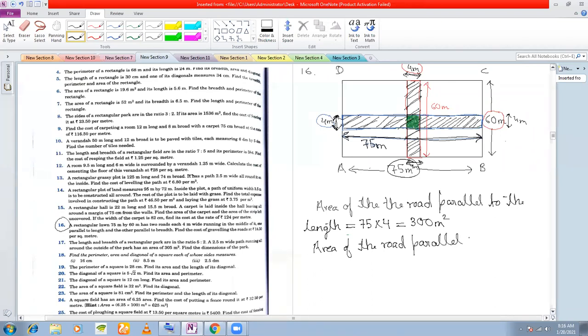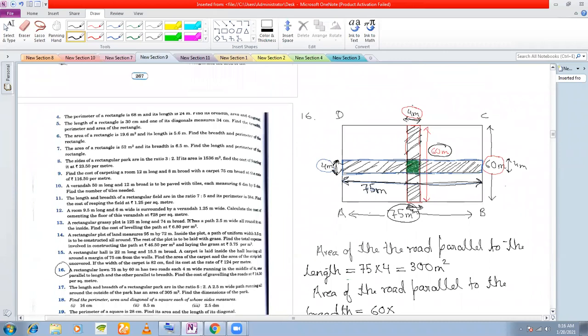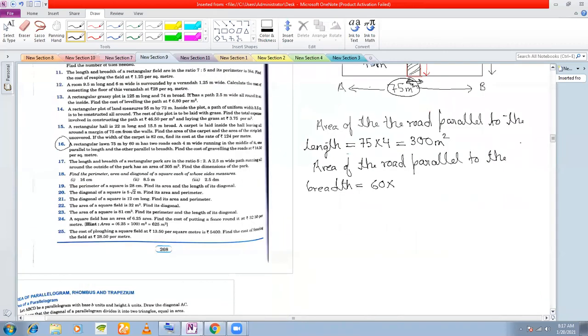Area of the road parallel to the breadth. Now we are talking about this red rectangle, vertical rectangle. What is the length here? Length here is 60. And what is the breadth here? Breadth here is 4 meters. 60 into 4, so this is 240 meters square. Okay. Now